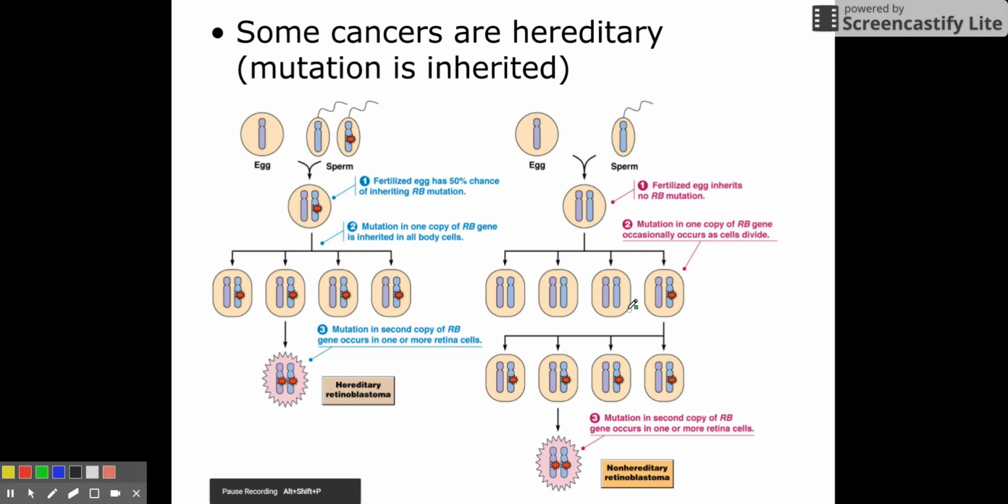But remember that cancer is going to result from an accumulation of many mutations. Many of these different control systems have to fail in order for a person to develop full-blown cancer. So just by having one mutation in one of these genes does not mean that you are doomed. It's going to have to accumulate over many cell divisions and affect many of the different cell cycle regulation genes,